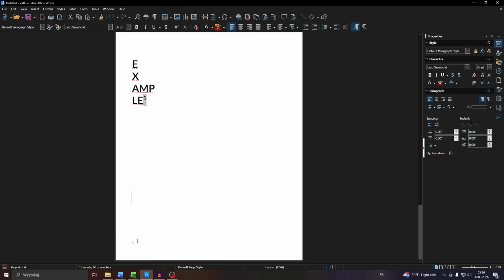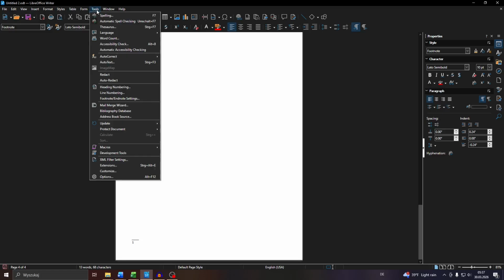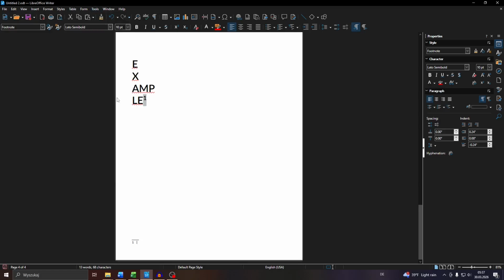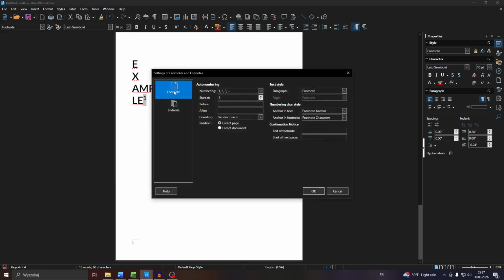Now if you'd like to position your footer not at the end of your page but at the end of your document, you will need to access your document settings and footnote settings in particular. To do that, click into tools here, and from that menu what you want to do is navigate to footnote/endnote settings, and here navigate to footnote, and under position switch from end of page to end of document, click into OK,